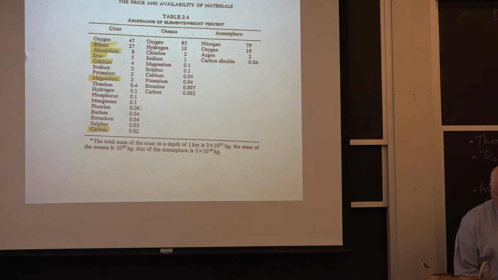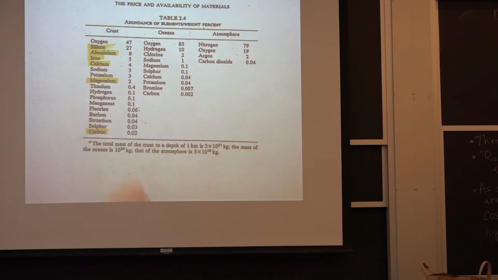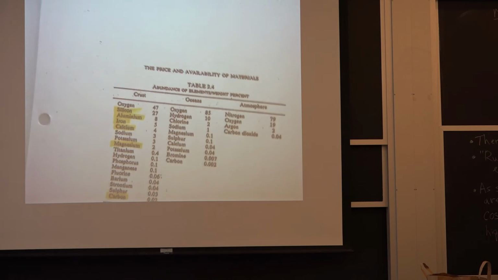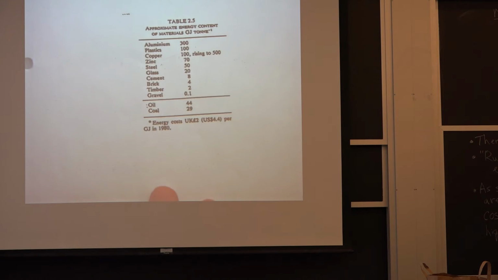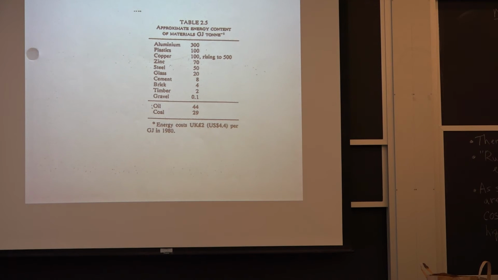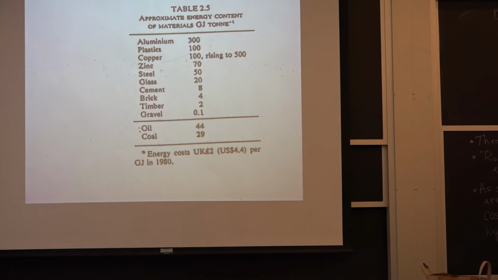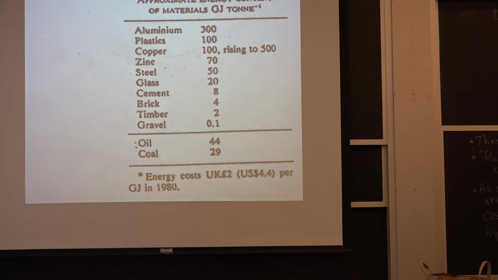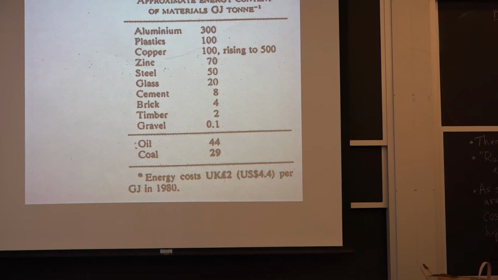Okay? Now, I talked about the fact that there was a lot of oxygen in the crust. Most of the elements in the periodic table are present as either oxides or sulfides because that's more thermodynamically stable. And as a result, one of the problems with metals, which I think are wonderful because I'm a metallurgist, is that metals have a very high price to pay to get them into the metallic state. They tend to exist in an oxide or sulfide state.